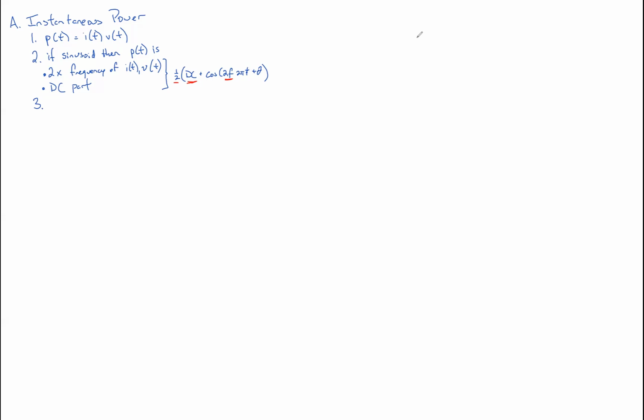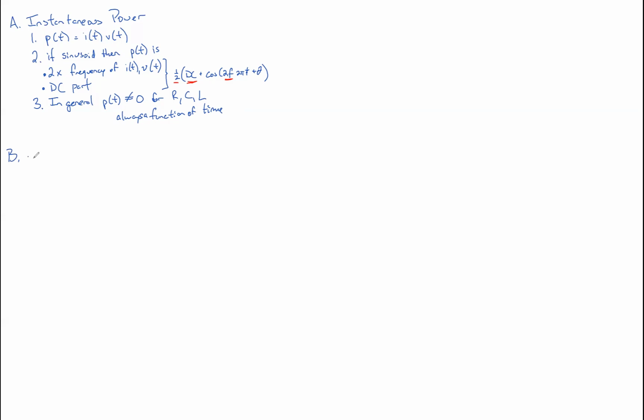And then the third part is that in general, P of t is not equal to 0 across resistors, capacitors, and inductors. And it is always a function of time. It's not just a number. It's a waveform that's changing. Now,